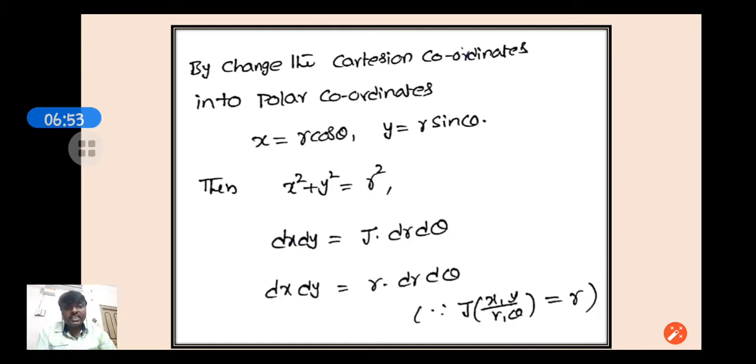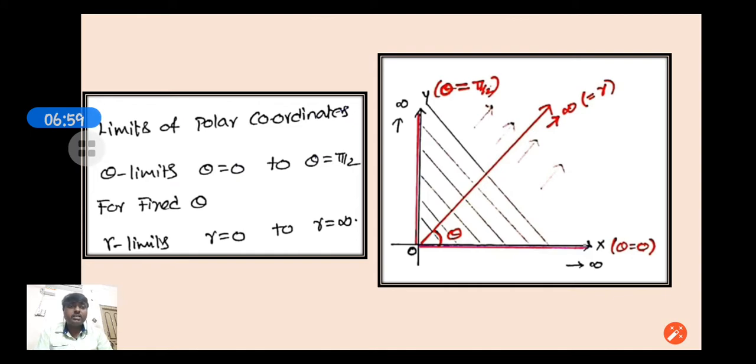After changing the integration, we require the limits also. So that's why I am writing the limits now. Our region is entirely in the first quadrant of the coordinate system. Now I am writing the limits in terms of r and theta. First I am writing the theta limits. Your x-axis is treated as the initial line, theta is equal to 0. Your region covers the first quadrant. So your theta is moving from 0 up to the y-axis. That means theta is equal to pi by 2. So our region moves from theta equal to 0 to theta equal to pi by 2. So theta limits are 0 to pi by 2.